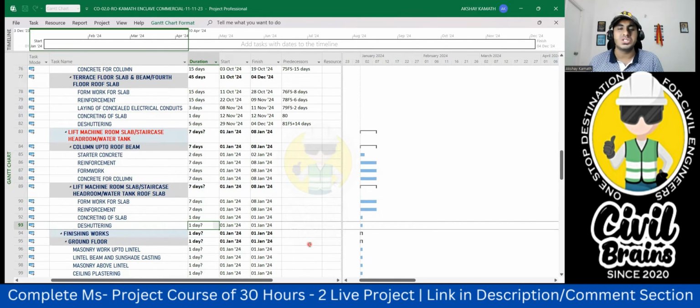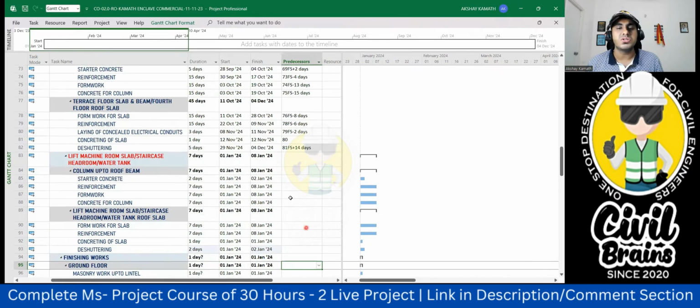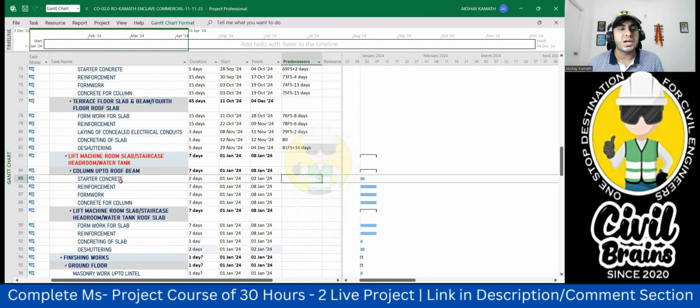Within 2 days, you can do the deshuttering. Simple logic. Okay. Now we'll start with this connection. Starter concrete, when you'll do after the concreting of the slab. So your concreting of the slab will happen on 12th November, which is 81. So what I'll do is 85, no? So this is 81, no? Yeah, 81 FS